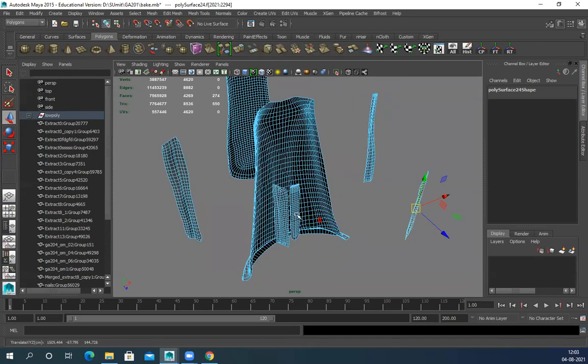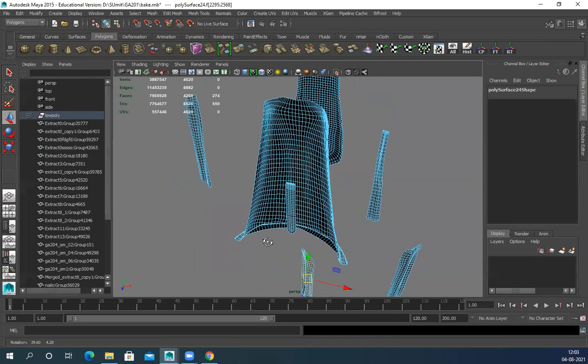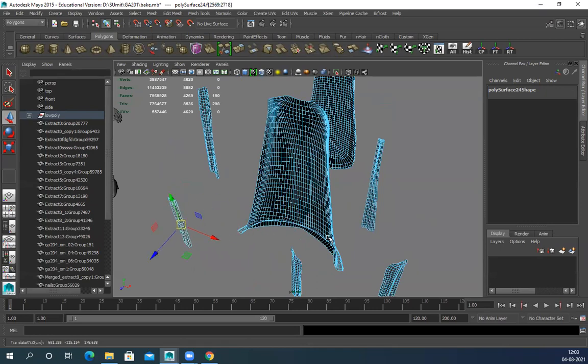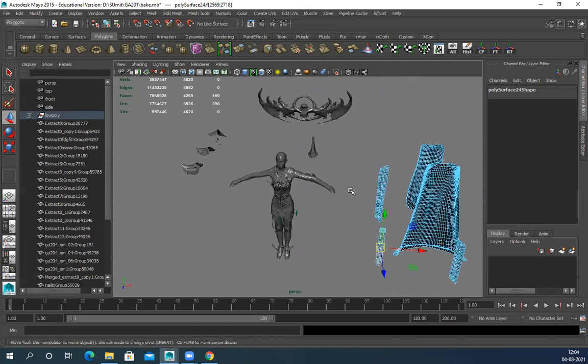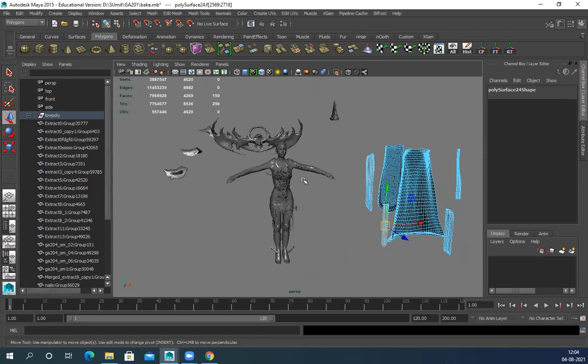I'm just separating them. No sir, but why did you bring the high poly file over here? For moving. If I'm moving, how will I match the high poly and low poly positions? Okay. Otherwise it won't bake. If I keep everything together and then bake it, definitely it will bake, but it will create problems. Okay, if it's not clear, I'll show that also. Okay, understood.